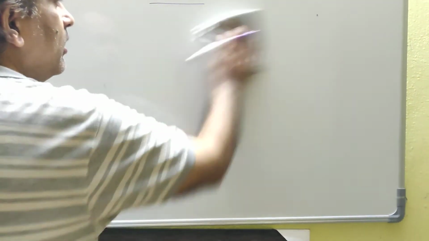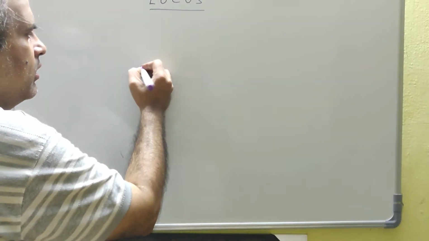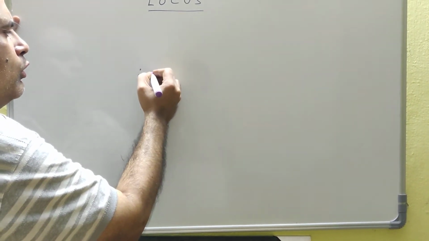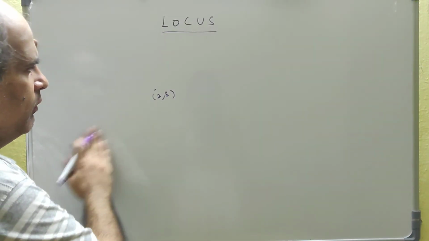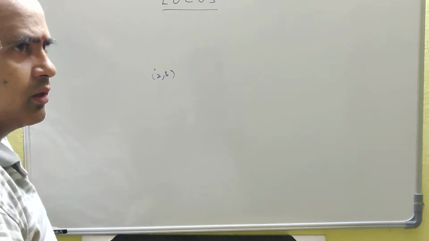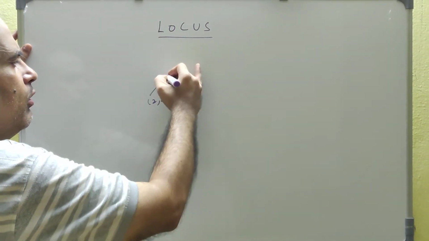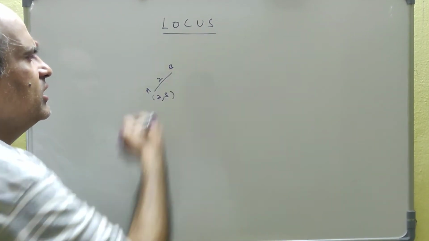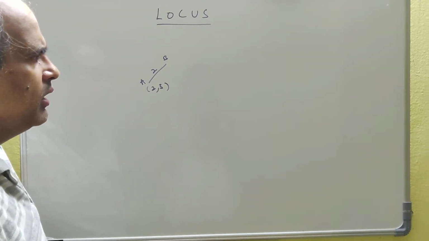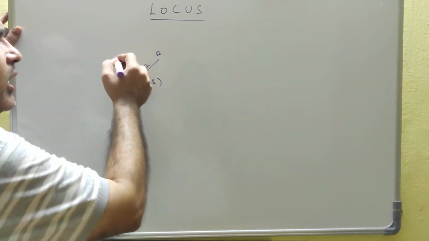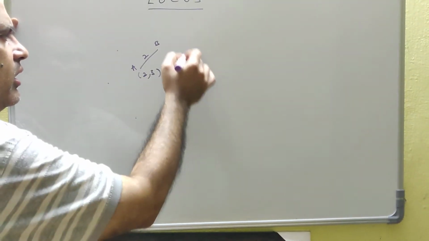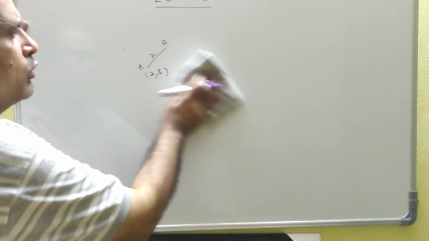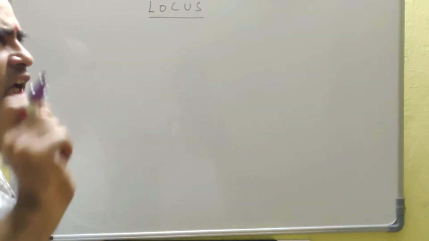Say for example, you require a point. You have a point given to you, say 2, 3. From this point you require another point at a distance of 2 units. Then just draw a line and then say that yes, let this be A, this is some B, this is at a distance of 2 units. Is my job done? No. I can have the point here, I can have the point here, anywhere which satisfies the condition that it is at a distance of 2 units. So to solve these problems, locus helps me a lot.